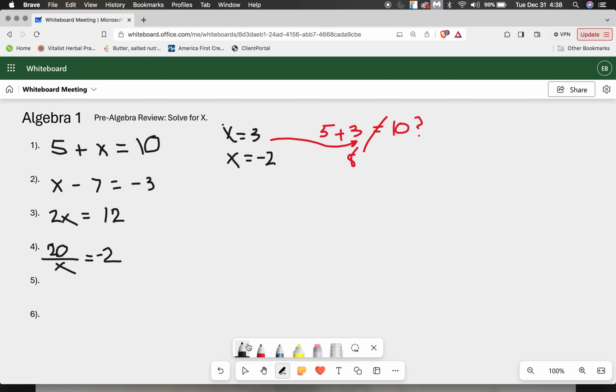So, we know that x does not equal 3. And if we did the same thing with x equals -2, if we put -2 in here, 5 plus -2, well, that's 5 minus 2, which is 3. 3 does not equal 10, so x can't be -2 either. So what does x have to be in order for the answer to be 10? Well, because we're all pretty good at math, we know that 5 plus 5 equals 10. So in this case,